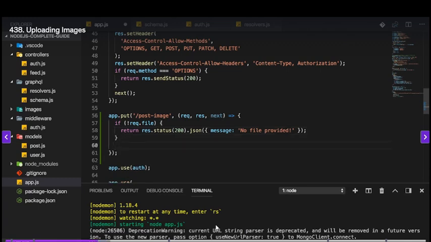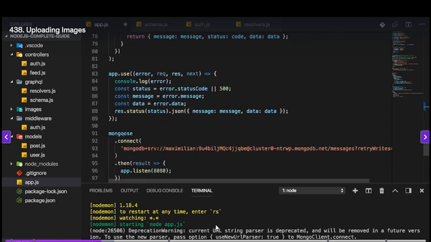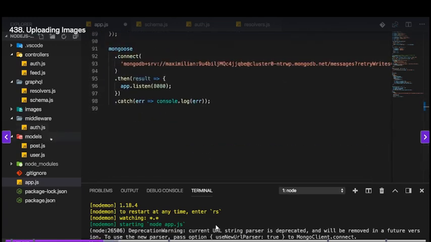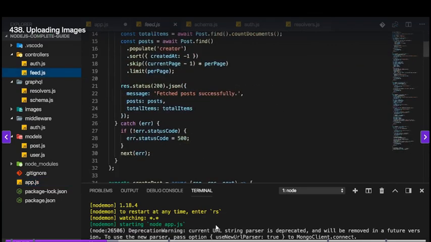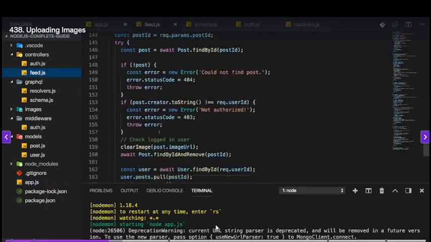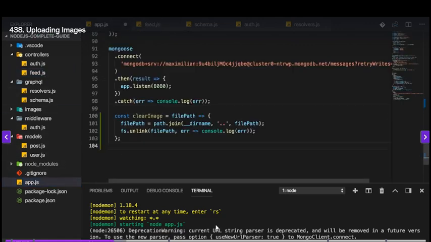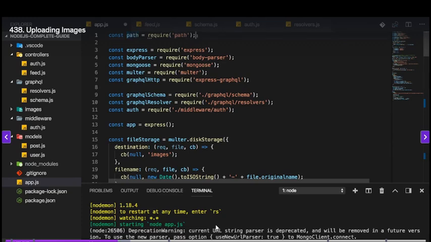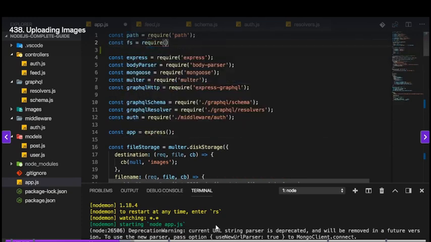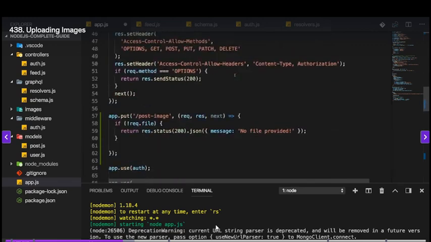If we do have a request file, we can get some data from it though. And of course we want to clear an existing image if there is one. For that, I'll create a new function here, or actually I have that function in the feed.js controller already. I can copy that from there. The clear image function at the bottom of the feed.js file. I'll move that into app.js. This depends on the fs package and on the path package, the path module. Path is already imported. Now I'll also import fs here. And now with that all imported,